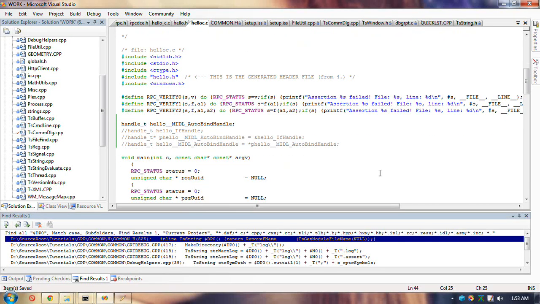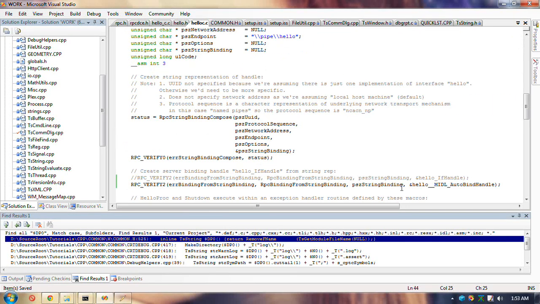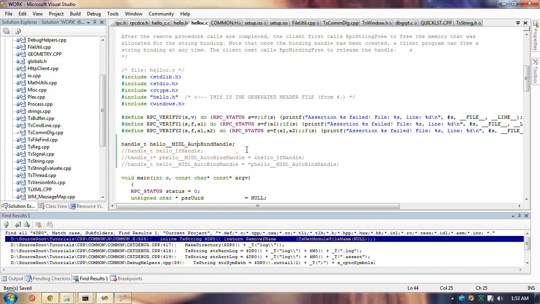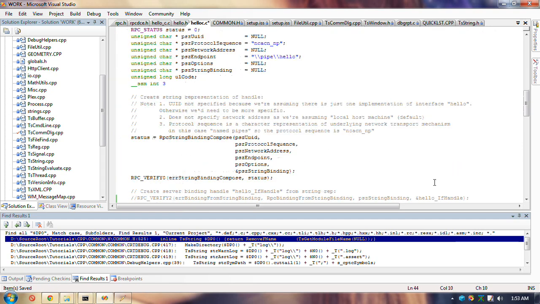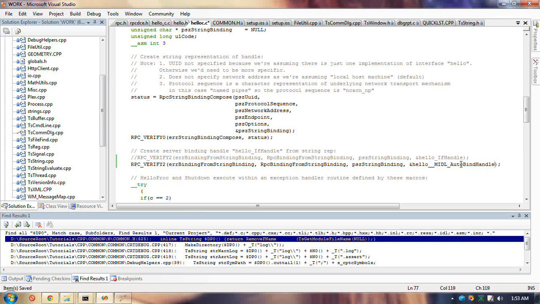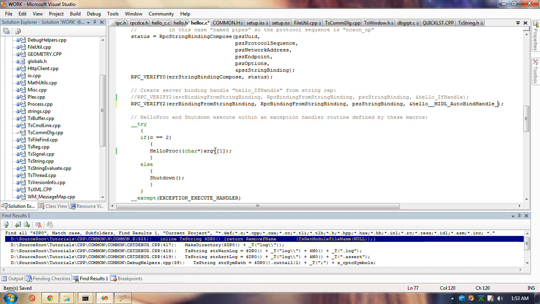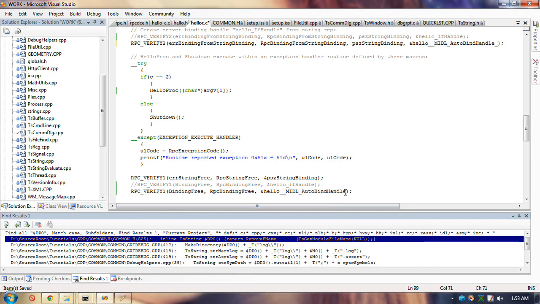MIDL auto bind handle. See what I'm saying? The reason it's messed up, I think, is because of the bugs that this MIDL compiler thing produces. It produces buggy code by default. I save everything else.